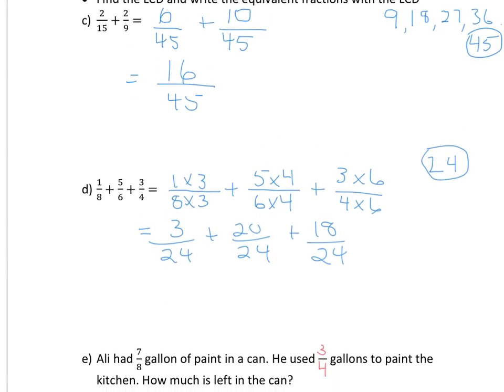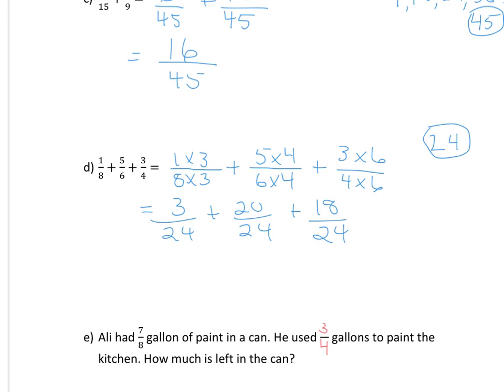And that is going to give us 23 plus 18, 41 24ths. And to express it as a mixed number, that will be 1 and 17 24ths